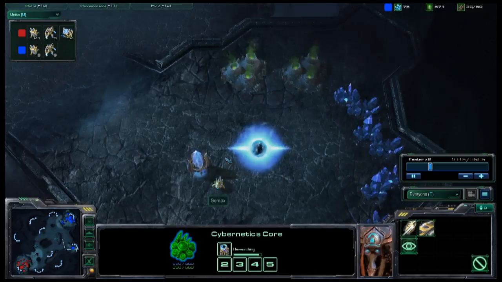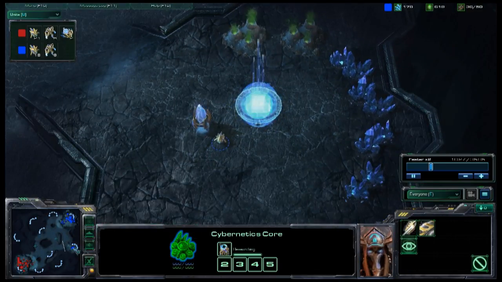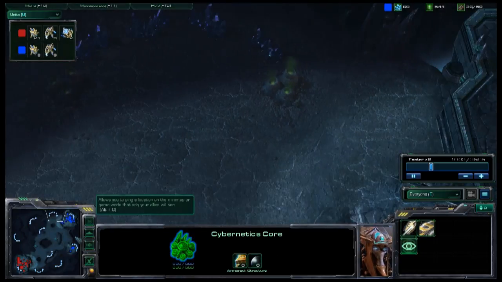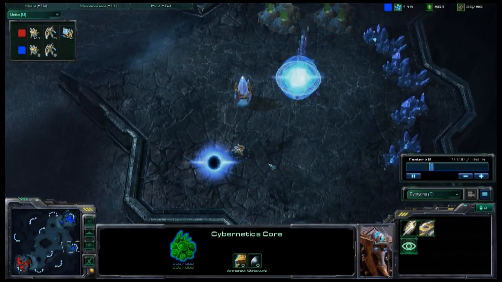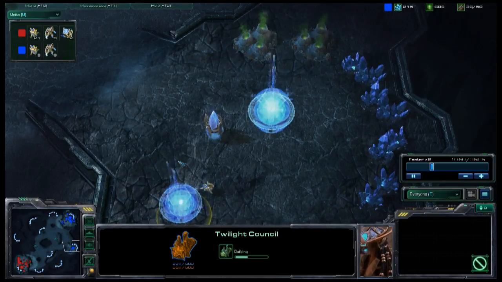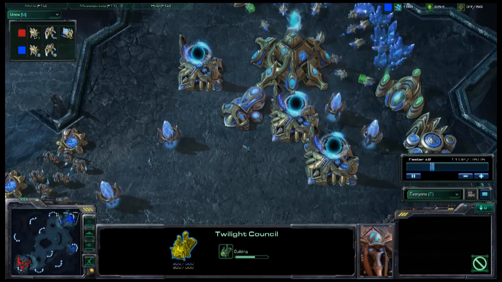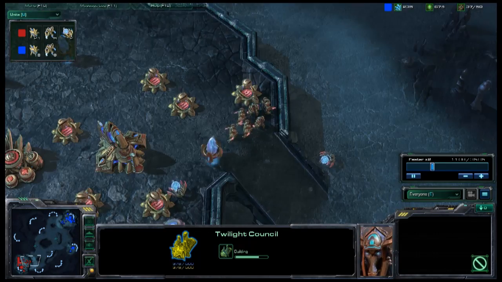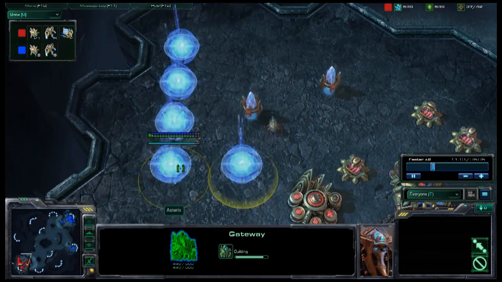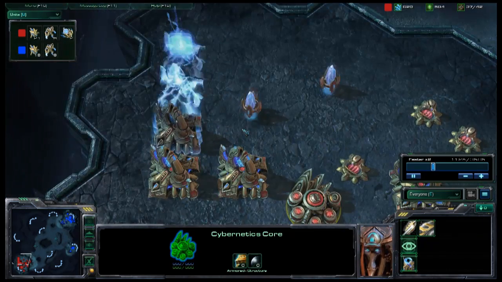So as you see, the expansion and a pylon goes up in this expansion base over here. A bit far away from his natural, but unexpected, I would imagine. As you can see, he's going for the Twilight Council, meaning we could see some advanced units pretty soon. And as you can see over here, mass gateways being built, so we could see a Zealot and Stalker rush going on,